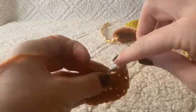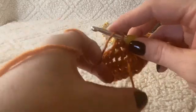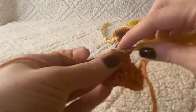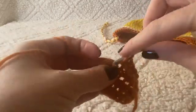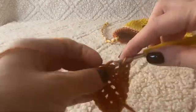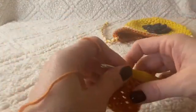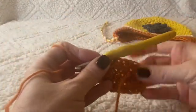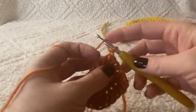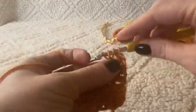1, 2, 3, 4, 5, and 6. Okay, and now we're going to chain 1 and turn, and we're going to half double crochet in the first 7. 1, 2,